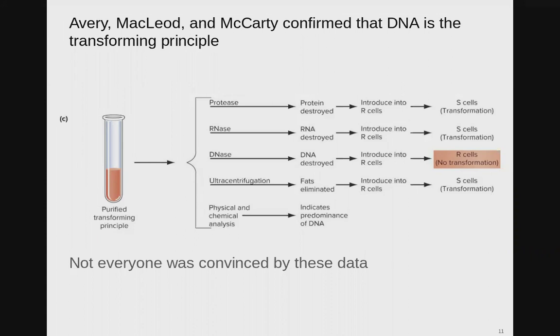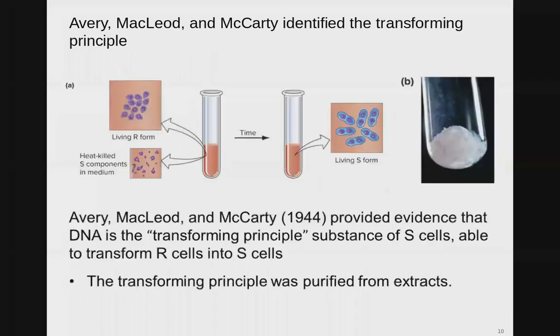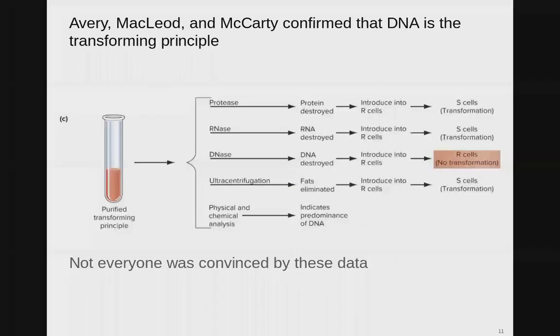it was pretty close. So they took this whole cell lysate, which they called the transforming principle. And again, all that is just the heat killed components from an S or pathogenic Strep pneumoniae. Protease killed the proteins, which they reintroduced to R cells, which led to the transformation of those R cells into S cells. So clearly protein wasn't the causative agent here, right? This wasn't what was transforming rough,